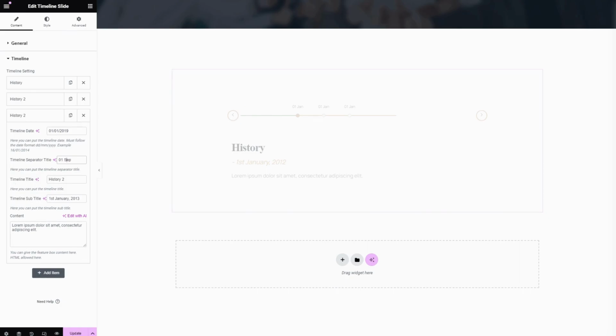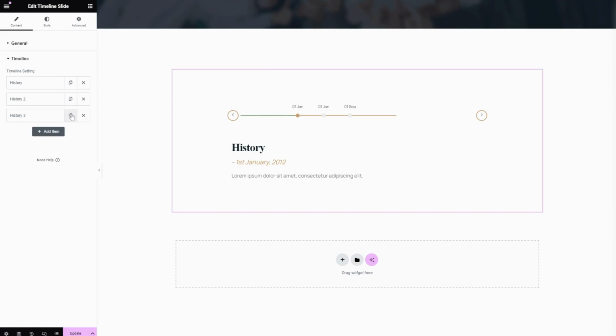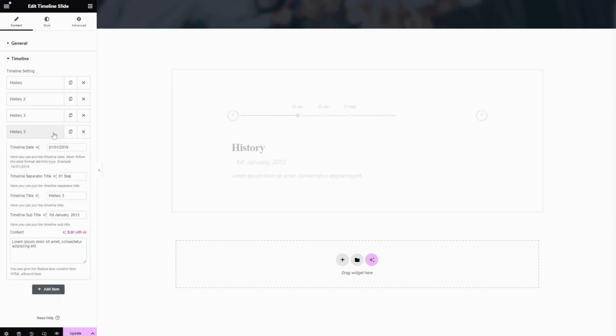and here you can change the timeline title, and this option for subtitle. Enter your subtitle here and enter your content here. Let's duplicate this and edit this timeline date, and change this separator title here,